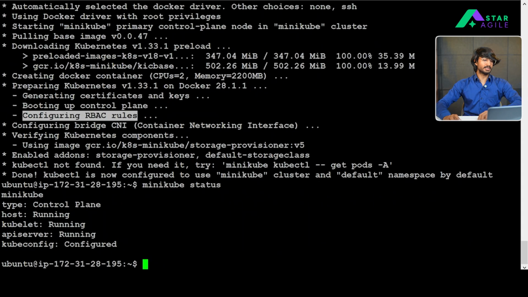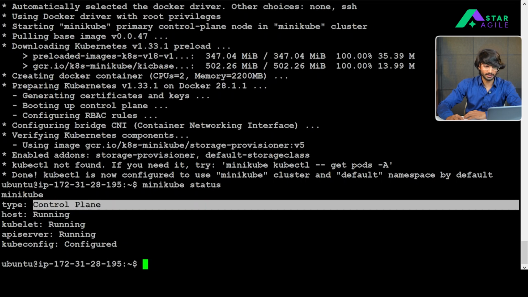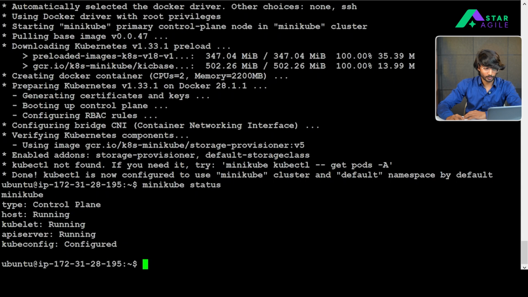Yeah. As you can see, as soon as I check with the command minikube status, it clearly shows there is something called the control plane, there is the API server running, kubeconfig running, multiple things are happening. But still on this machine, I have not yet installed something called kubectl, which is very, very crucial for interacting with your Kubernetes cluster. So let's move ahead and try to install kubectl right now.